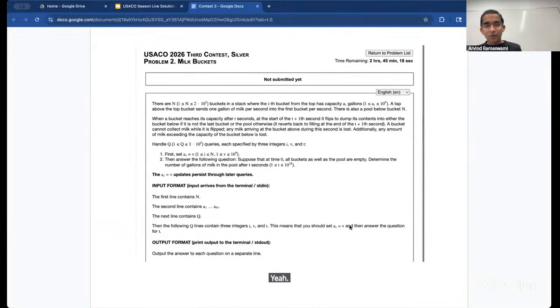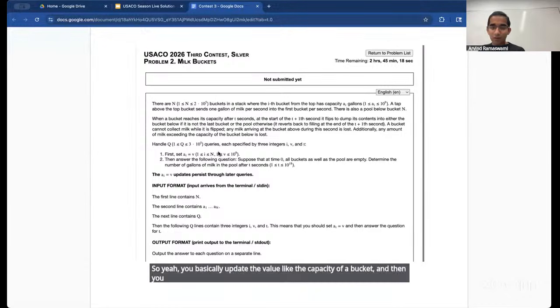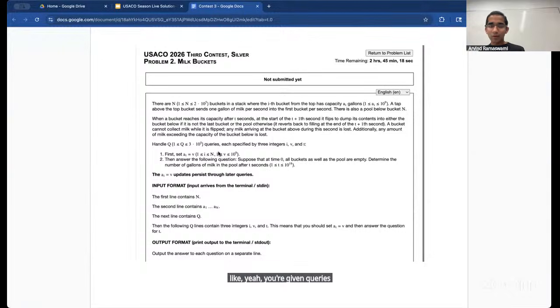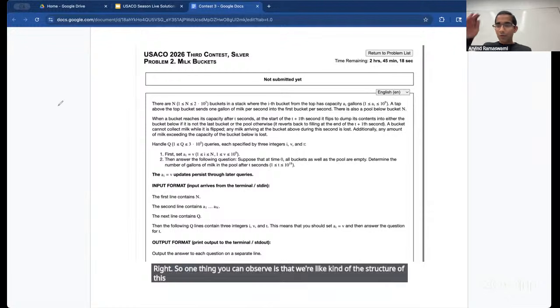This problem was kind of interesting. So you basically update the capacity of a bucket, and you're given queries to update the value of a bucket and then find the amount of things in the pool after it's empty, right? So one thing you can observe is the kind of structure of this, if you put the buckets